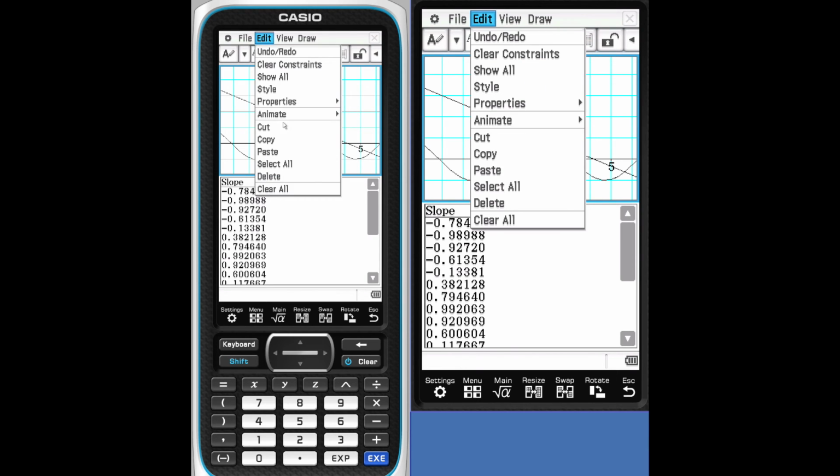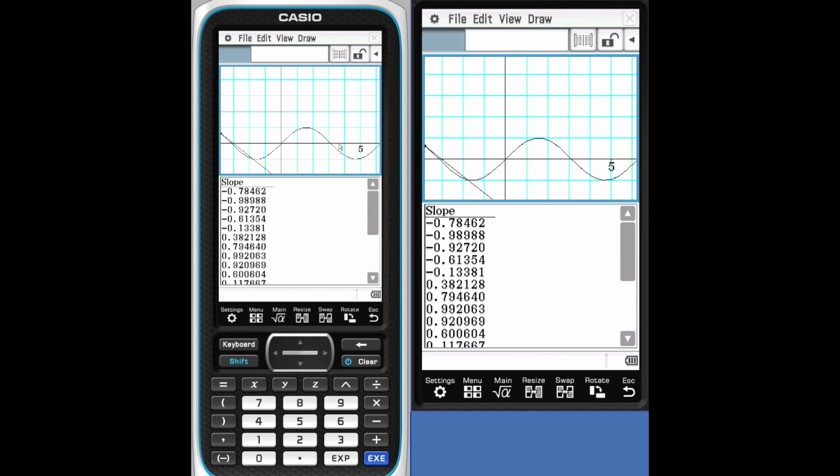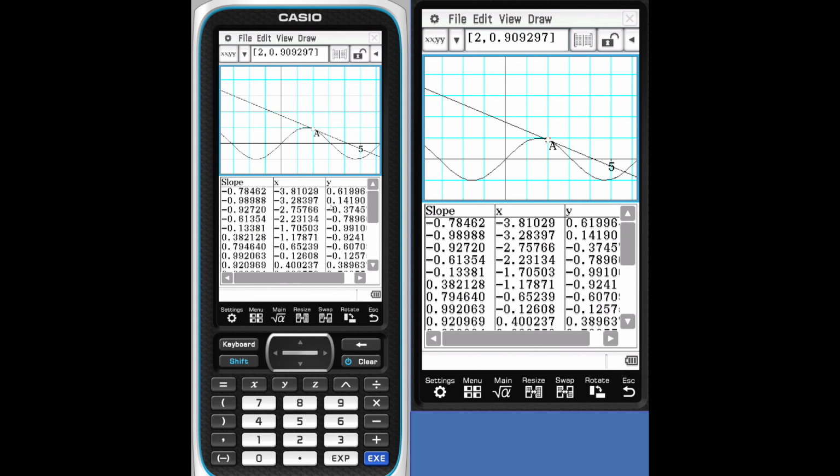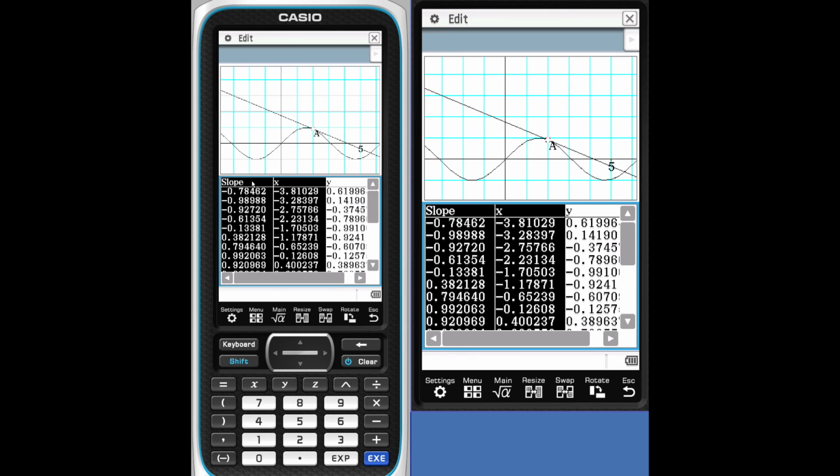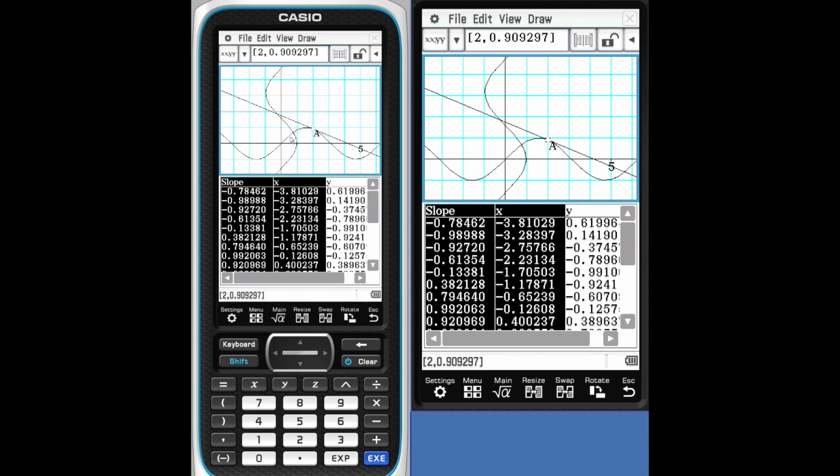And we're going to go ahead and edit and animate once. We have to let the animation go once so that the calculator can collect a series of data points. Once it stops, we're going to go ahead and add those points to our information. So we want that X and Y coordinates. We'll tap them and there you are. Now what's really nice is I can take the X and the slope, drag them and drop them, and now I have a sine wave that's going sideways.